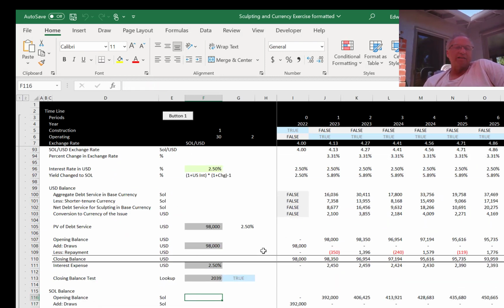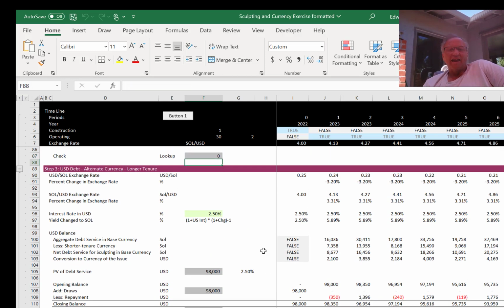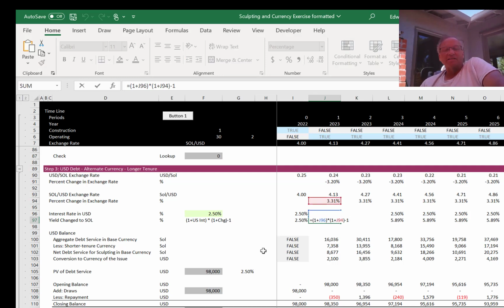And then what I need to do probably is blank out a bunch of these rows and let you make some of these calculations. And for me, one of the biggest things to do right now is to get our equivalent semi-annual periodic rate in Soles instead of USD. And once you have that rate